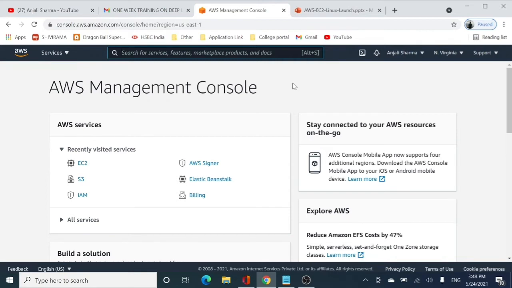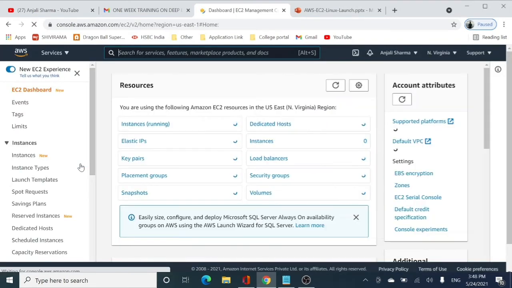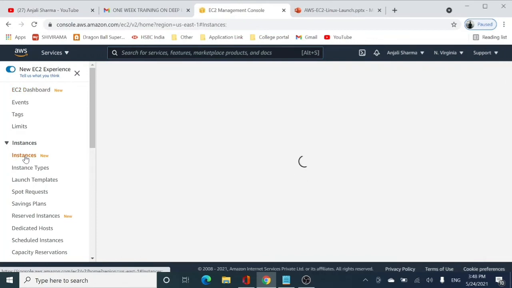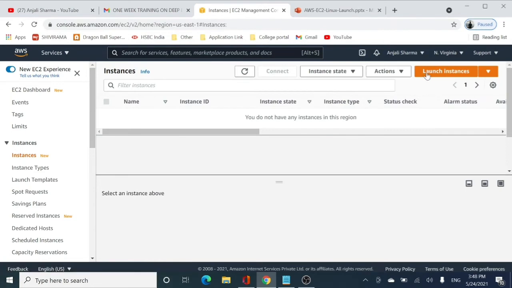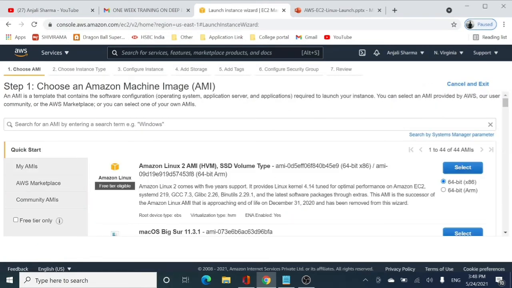So now I am on my management console, clicking on EC2 instances because I want to create a new instance. And this time I will be creating a new instance with user data, and that will be very interesting to see why I have used this user data this time also, right? So I will be using an EBS backed AMI this time. The virtualization type is HVM.